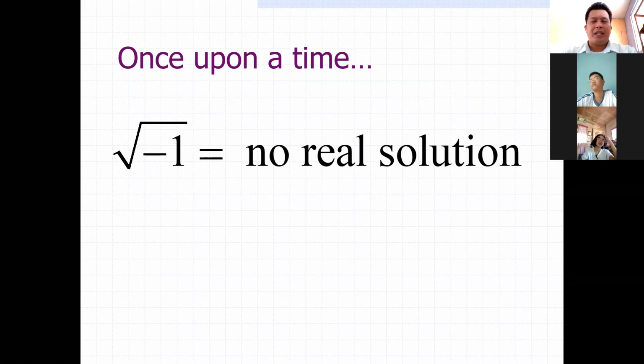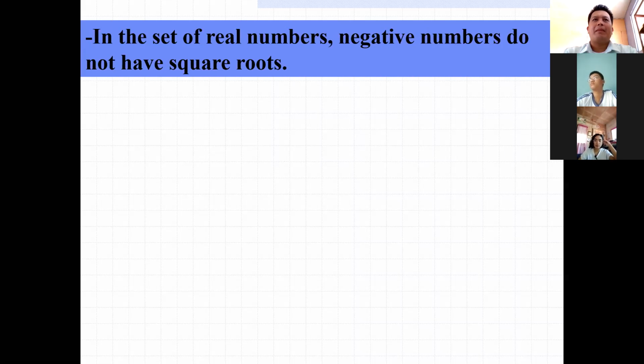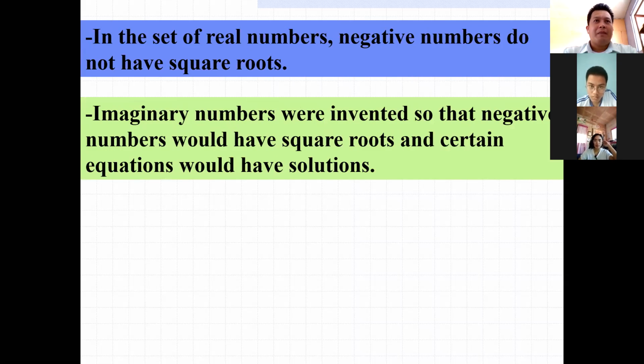So how come we have these imaginary numbers? How were they given birth? Of course, with the aid of some mathematicians and their intelligence behind it. We are just the recipients of their intelligence. We are just the users of the inventions of these mathematicians. The mathematicians invented an imaginary number as the result when you get the square root of a negative number.